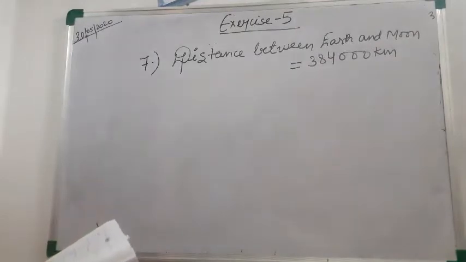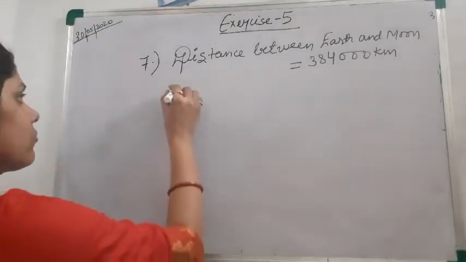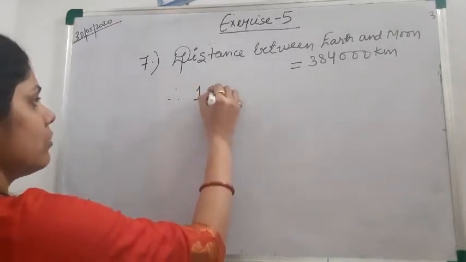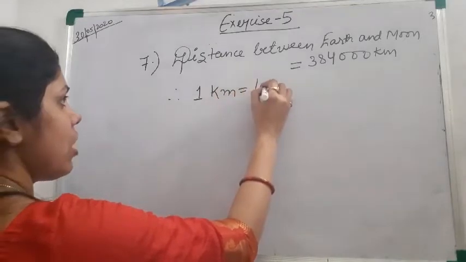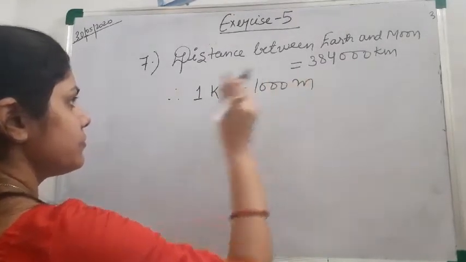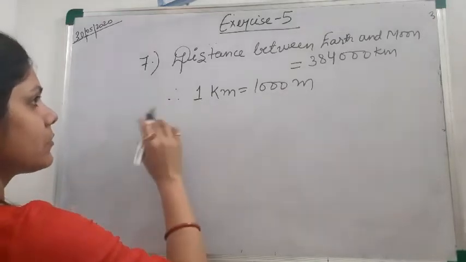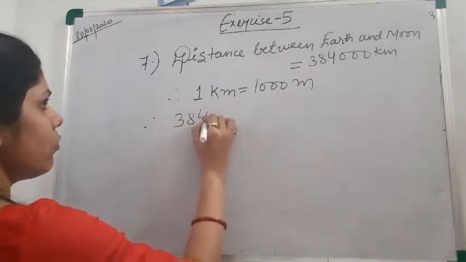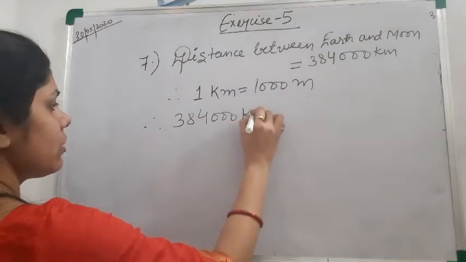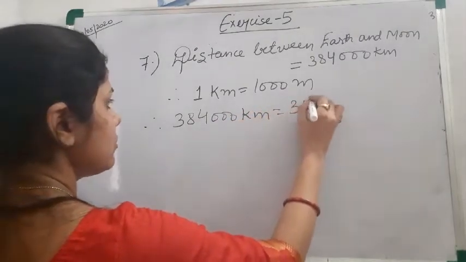Express this distance in meter in exponential notation. 1 kilometer is equal to how much meter? It is 1000 meter. Therefore, 3840 kilometer is equal to